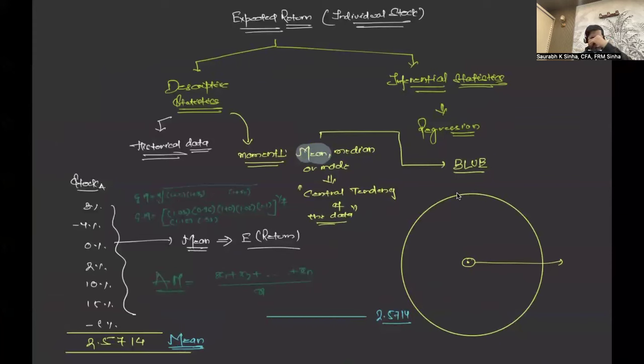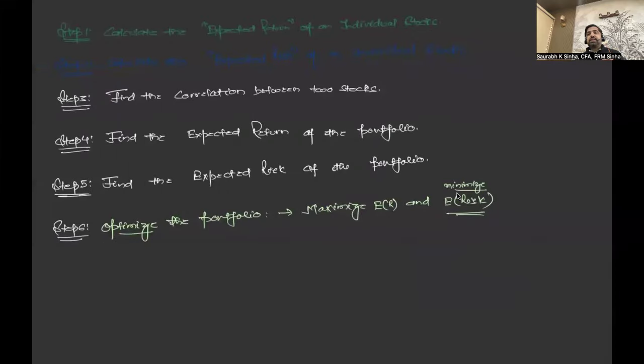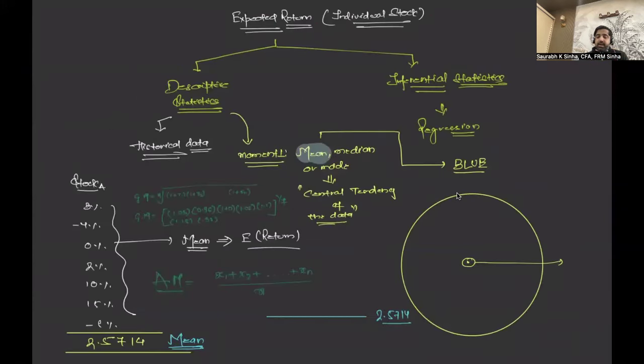So with that, what we have stated is that if you want to predict the expected return of an individual stock, use arithmetic return or geometric return for the curriculum, but there are different methods through which you can do it. So step number one is almost clear: we just do the summation and divide by n, or you do the geometric mean, and you will get the expected return of the individual stock for this curriculum, not for the real world. Now you got the theme, I think, and if I talk about the expected risk, which is step number two,